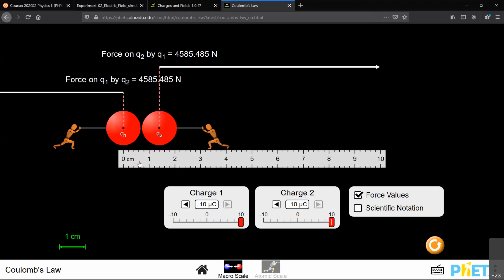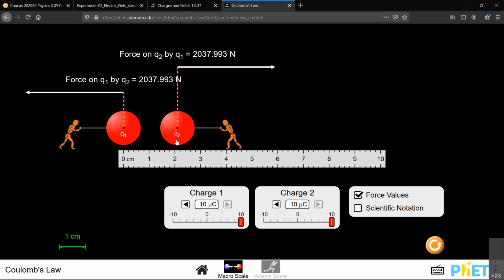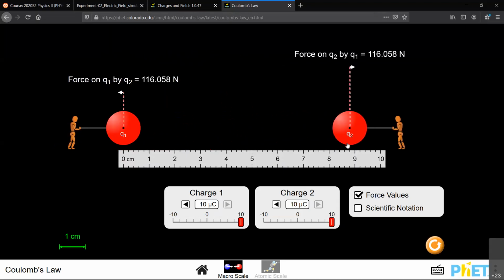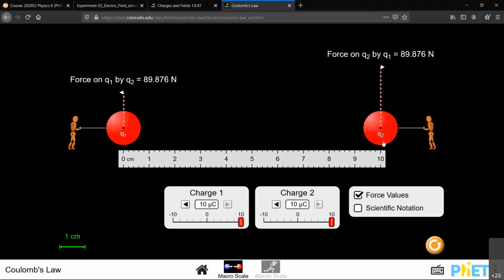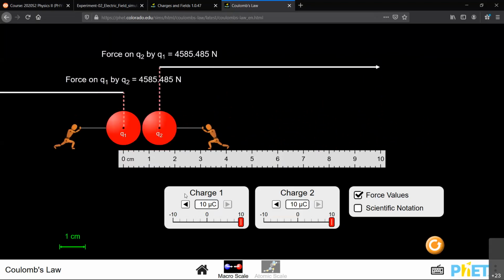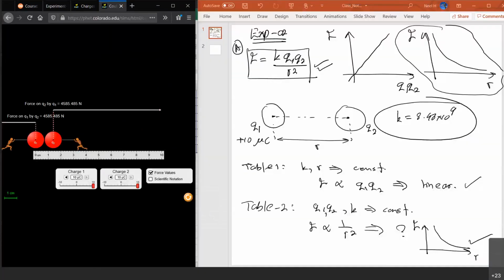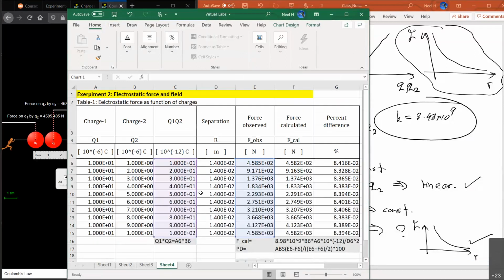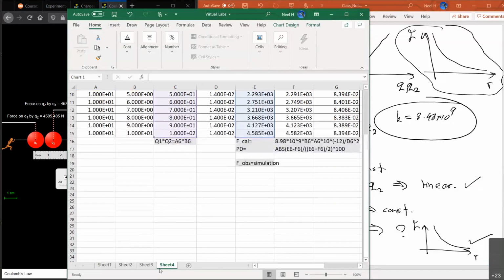All right, so all we have to do now is click charge number 2 and bring it away from charge number 1. You can see as I bring it away from charge number 1, the force magnitude is decreasing by a large percentage. So that's the idea. Let's go back to the starting point, 1.4. First we'll build this table on our Excel sheet, then we'll plug in the numbers, and then it is easy, then we'll make the graph. Any questions so far? Anybody have any question?